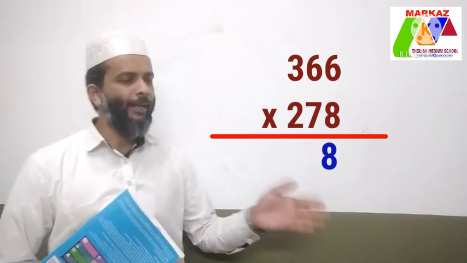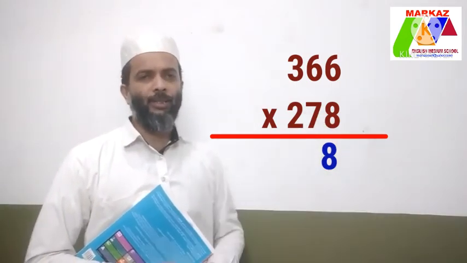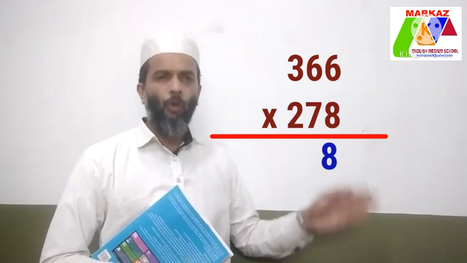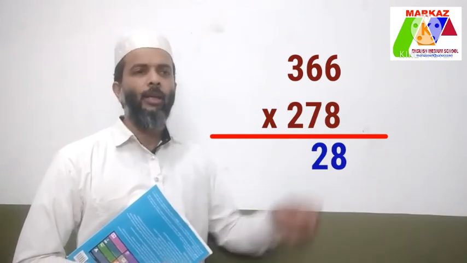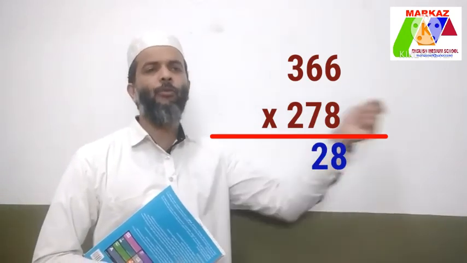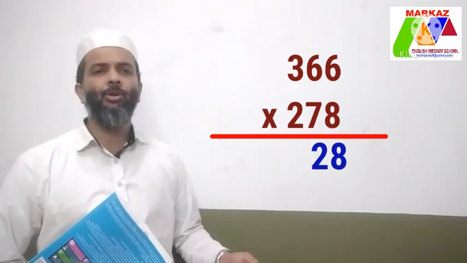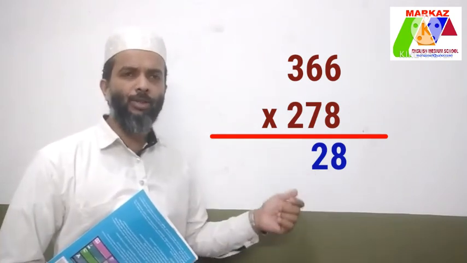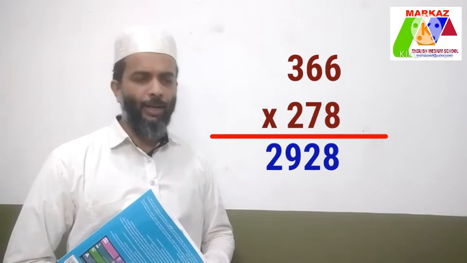48. Write 8 in the ones place, 4 in the tens place. 8 into 6 is equal to 48 plus carried 4 is equal to 52. Write 2 in the tens place, 5 in the 100 place. Then again 8 into 3 is equal to 24. 24 plus 5 is equal to 29. First answer